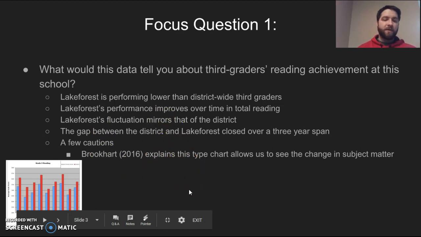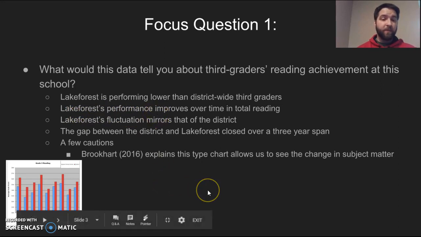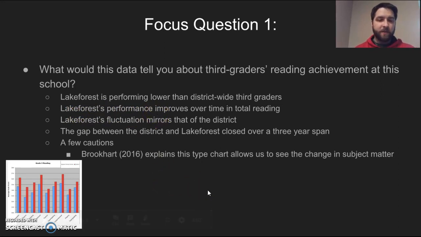What you can see initially is that Lake Forest's performance does improve over time in total reading, and that there were some fluctuations throughout the district and Lake Forest, but the fluctuations mirrored that of the district. We also noted that the gap between the district and Lake Forest did close over a 3-year span.